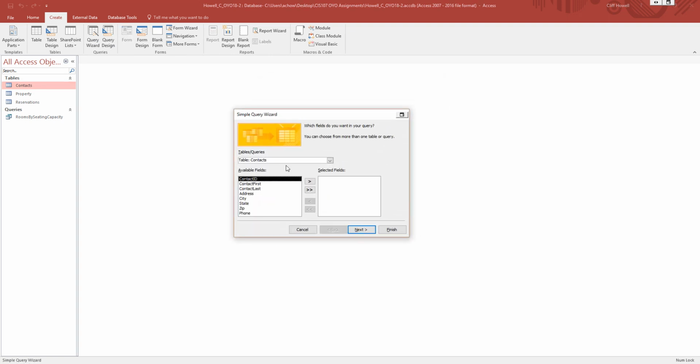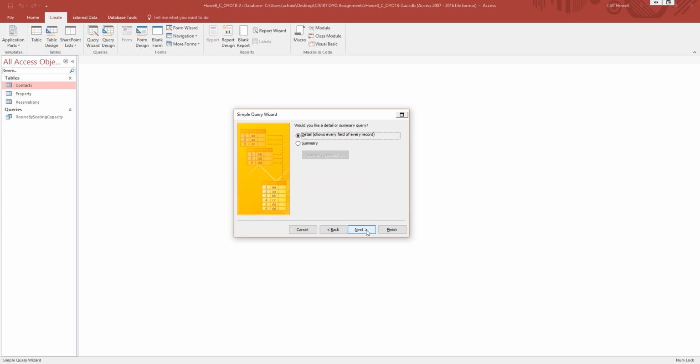That includes contact last, which is here. Okay, reservation ID, so I'm going to have to drop down and choose the reservations table, and then click reservation ID. Guests, start date, end date. Okay, and then click next, and next, and we're going to name this one